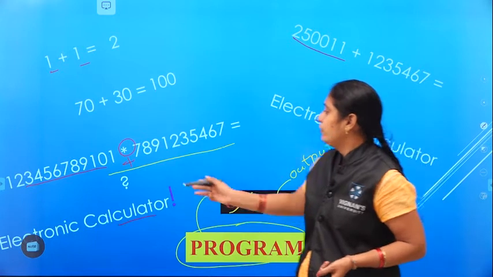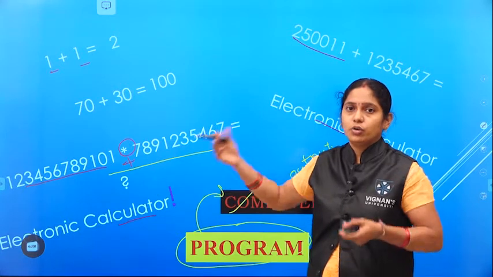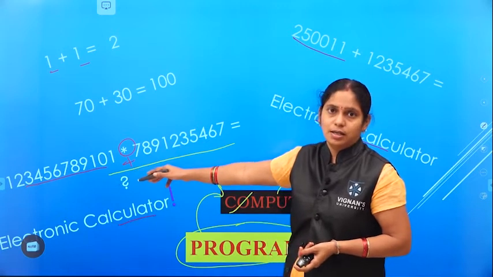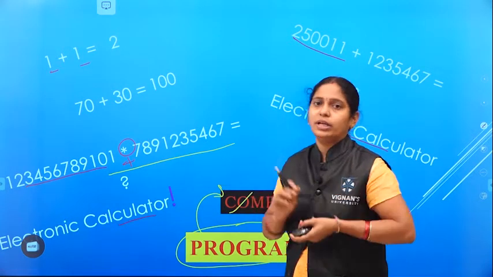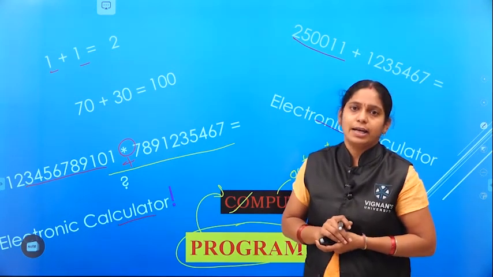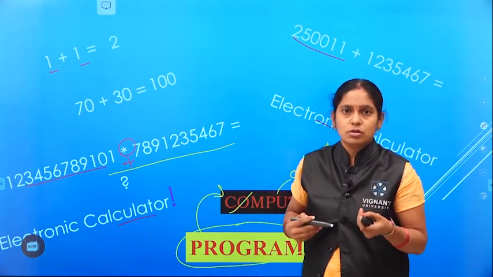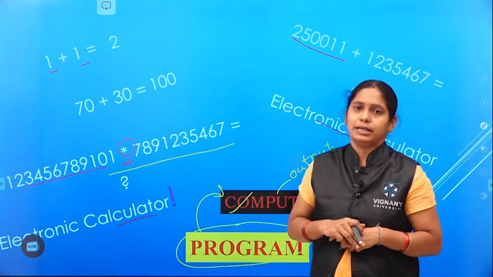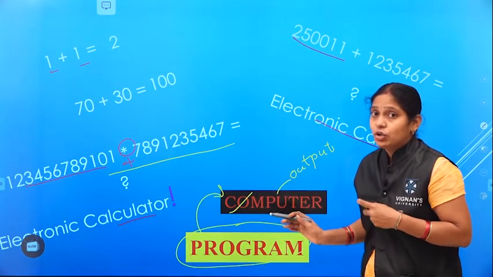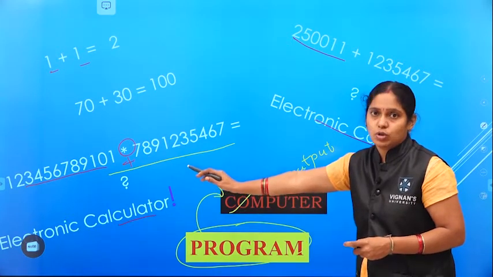Assume if you want to perform this manually, you need to take a big paper. A small paper is not sufficient because the number is big. How lengthy a paper would you need? One page is not sufficient. Then, how many rows will you get, and the addition of all those. So, assume how much time it takes to complete it. Right? But coming to programming, there is no need to spend that much time on that specific task to complete it.